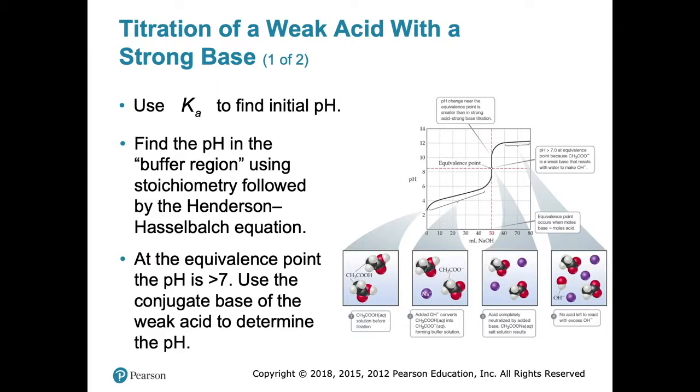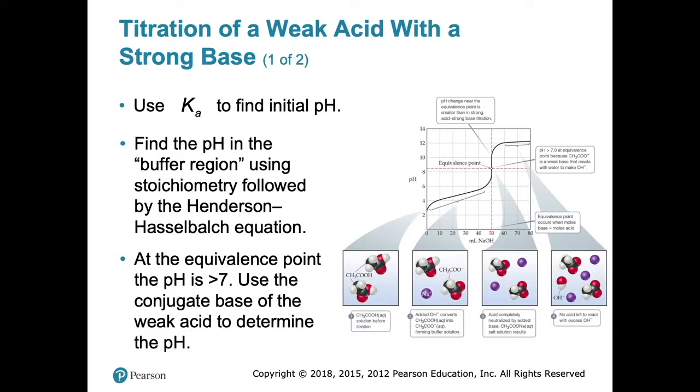Okay. So find the pH in the buffer region using the stoichiometry followed by the Henderson-Hasselbalch equation. And at the equivalence point, the big thing here is that the pH is actually greater than 7, because the conjugate base of the weak acid is used to determine the pH, right? So the thing I want you to take away from this slide is that when you titrate a weak acid with a strong base, unlike in strong acid, strong base, where the pH is 7 at the equivalence point, here the pH is going to be greater than 7, right? It's going to be greater than 7,